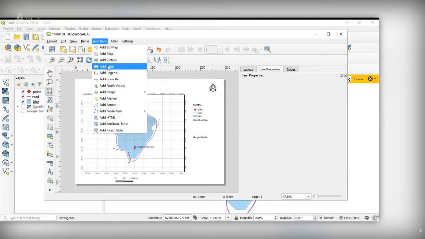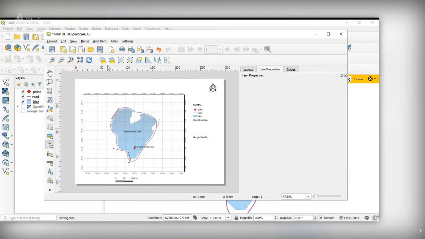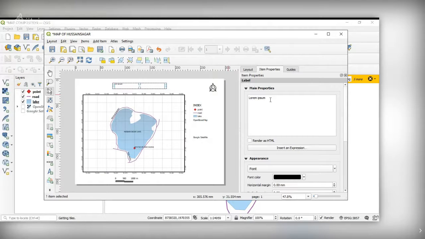Then the title of the map. All simple things. Here, map of Hussain Sagar surroundings, Hyderabad.